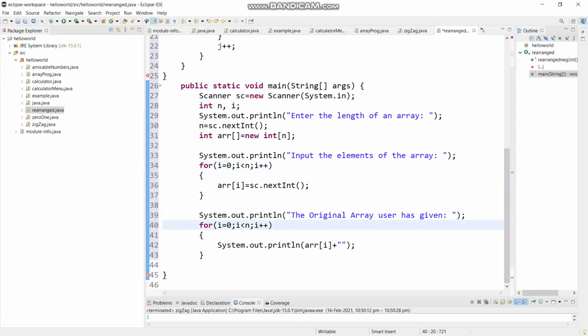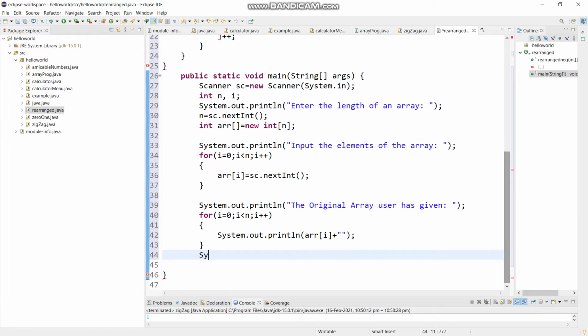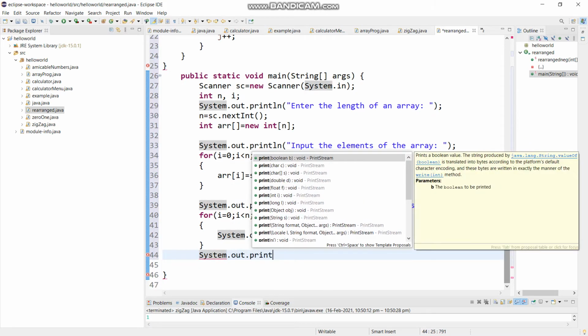First I am going to delete this n and i, which has been written two times, and in the place of array dot length I am going to write n. So this thing is connecting us from the previous method, where I have given the value n would be the size of this array. So in the place of array dot length from the previous program we just edited that array dot length, and we kept the value of n in the place of it. Those who haven't understood it, please just check the previous program and you will understand it.